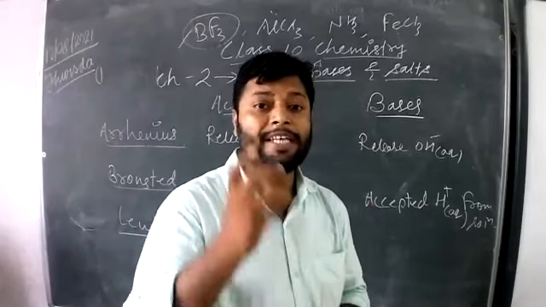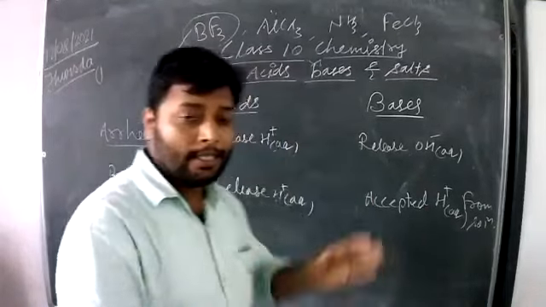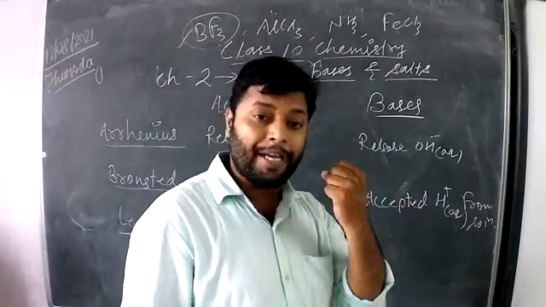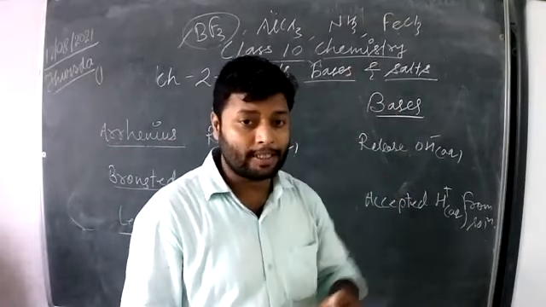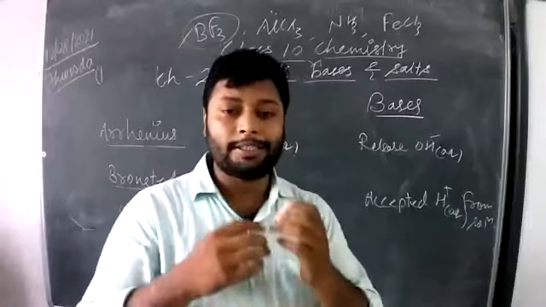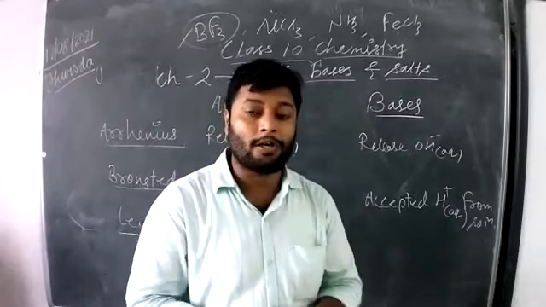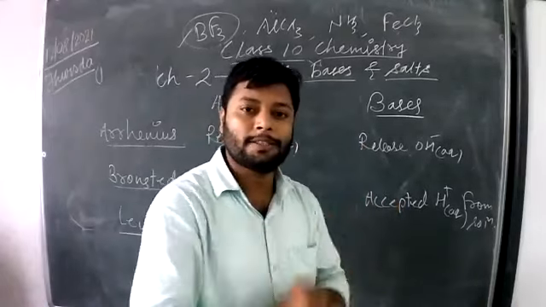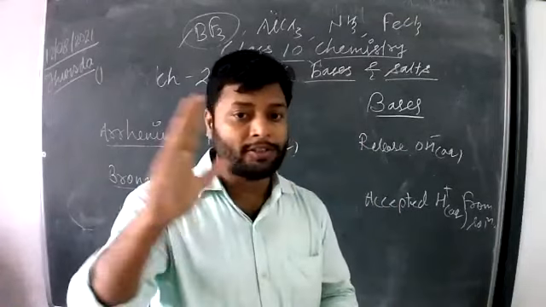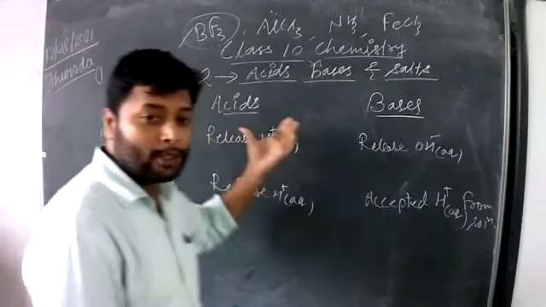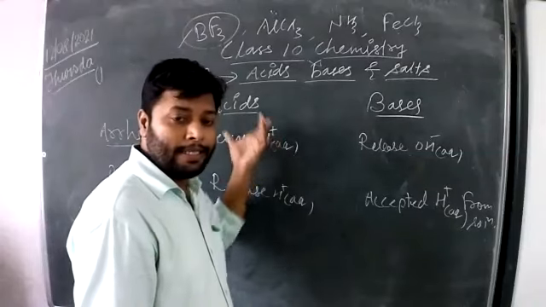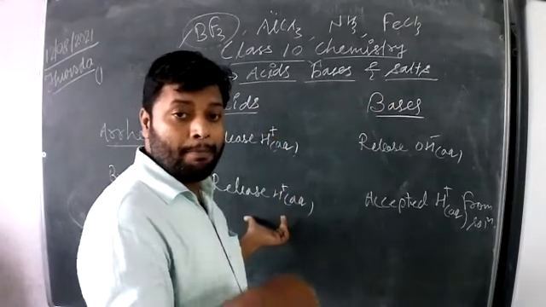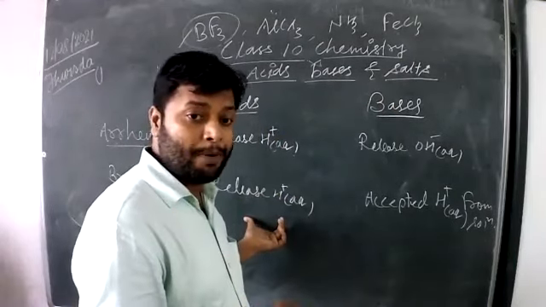On the basis of electronic theory, he suggested the substance having tendency to accept a pair of electrons is called acid, and the substance having tendency to release a pair of electrons is called base. No need of hydrogen or oxygen in a substance. That is a totally different concept from what we actually learned earlier in terms of acids and bases, and that is also accepted by many other chemical reactions and followed by different compounds.